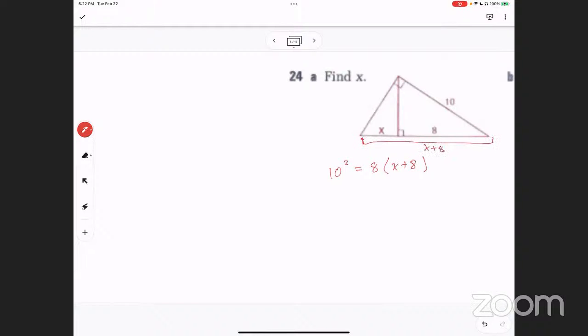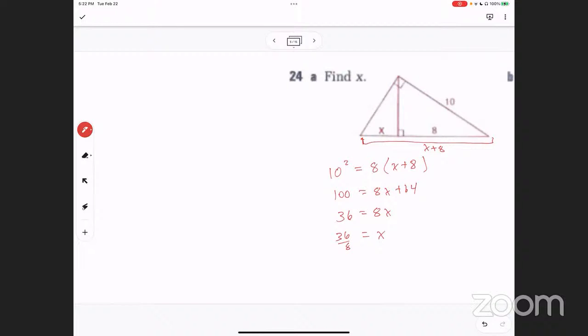All right. Do you understand? Yes. So that means 100 equals 8x plus 64. Subtract 64 from both sides. That's 36 equals 8x. And x equals 36 divided by 8,